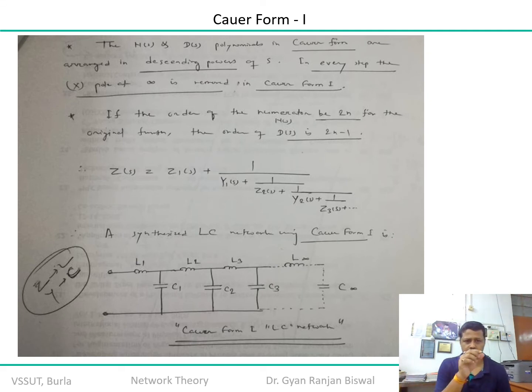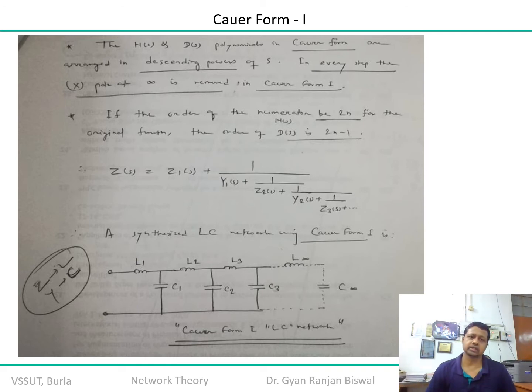Okay, all the odd components are z and even components are y, or as represented in this particular slide, you can say that because you are going to prepare a pair. So either it is z1, y1, z2, y2, z3, y4, it is up to you. So the combination will be in this next case, that is z1s plus 1 upon y1s plus 1 upon z2s plus 1 upon y2s, and so on.